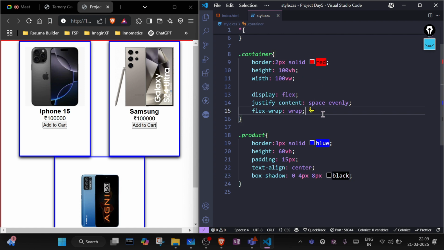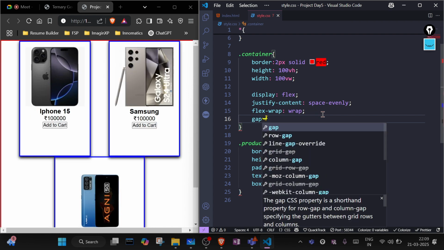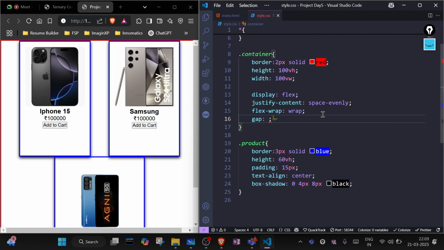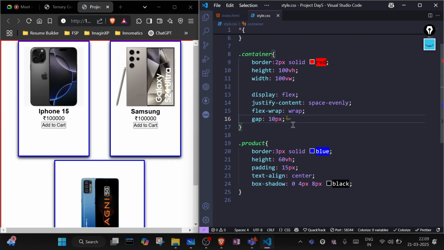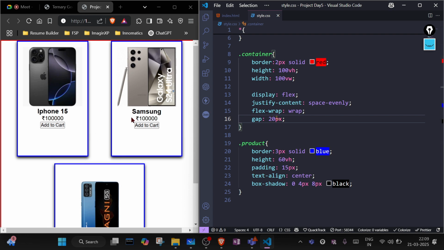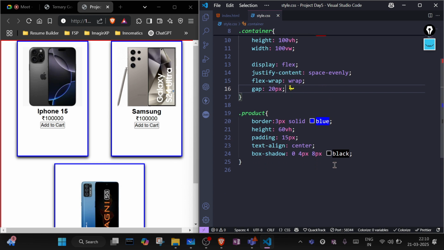Okay, so we can give gap as well. Let's give some gap. Gap is what? 10 pixel. Okay, or let's give 20 pixel. Okay, some gap is coming between the divs. All right. Now what we can do,